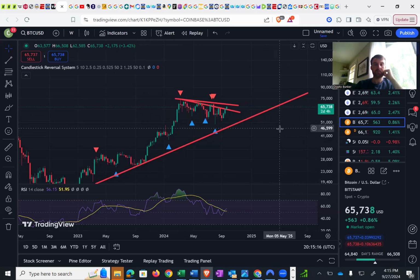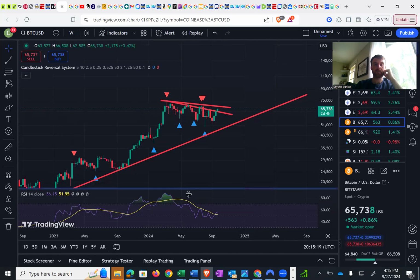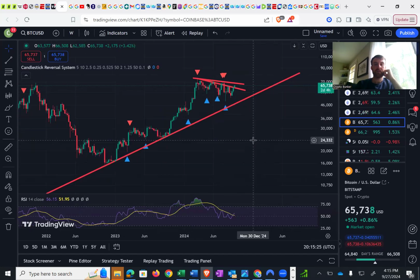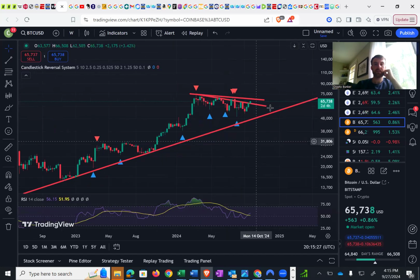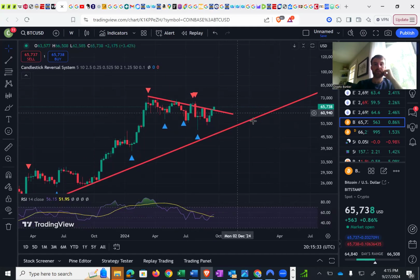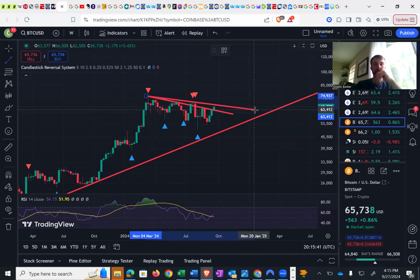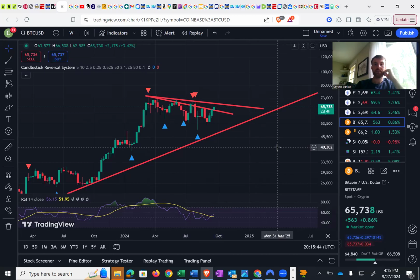right now, we're looking at, first of all, this is the RSI down here, and this is the weekly time frame for Bitcoin. Now, Bitcoin looks to me like it has broken out. Obviously, there is that trend line that looks like a breakout. And then there's probably this trend line here, which we still have yet to touch. So in terms of Bitcoin right now, it's 3 weeks straight of going up. I think